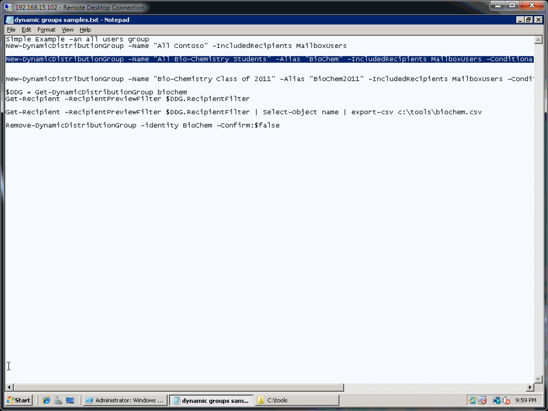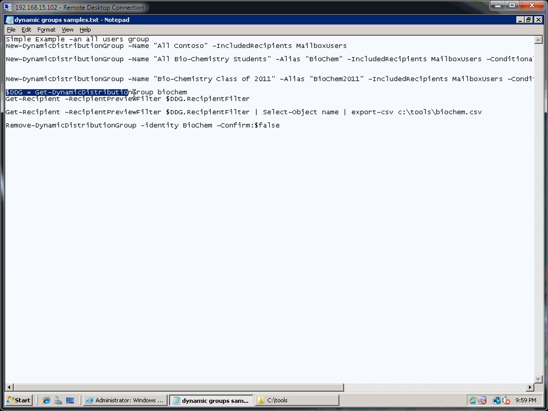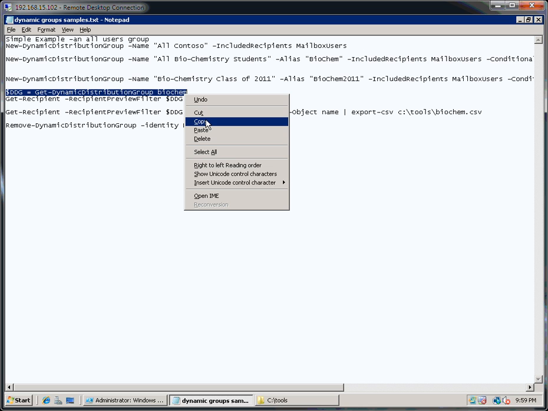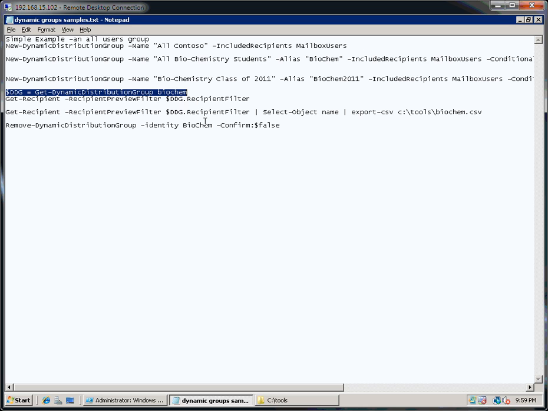Now, one of the things I can do here is check to see for that group that I've just created who is actually in the group. If I was to email that group, who would get a message. So I've got a couple of lines here that I can run to build that query. So I'm going to copy that,